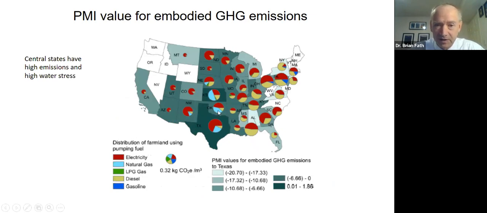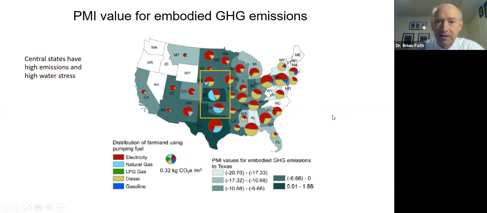So some states, and again, these central plain states actually have a lot of emissions per water use. And so, other states can have quite small amounts of emissions because they're either using more hydroelectric or cleaner energies to do that. But again, you notice that the PMI values tend to be higher here. So there's overdependence on these areas that are close by, but also have high water depletion and high